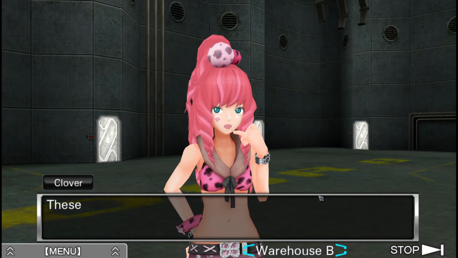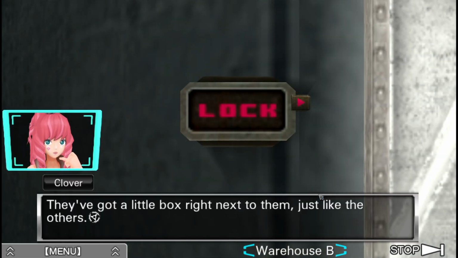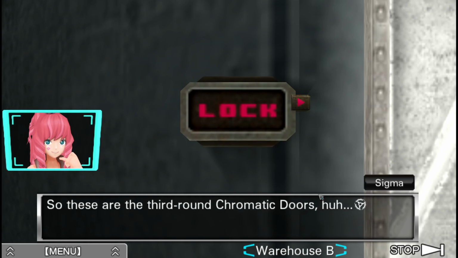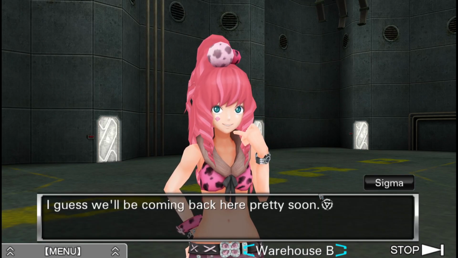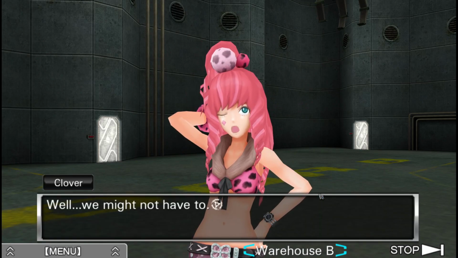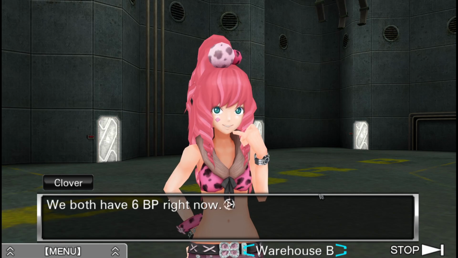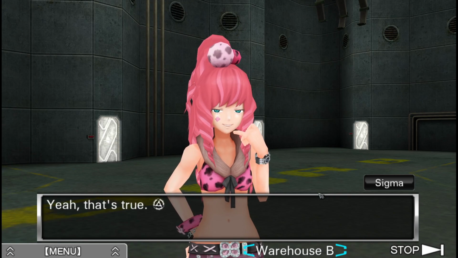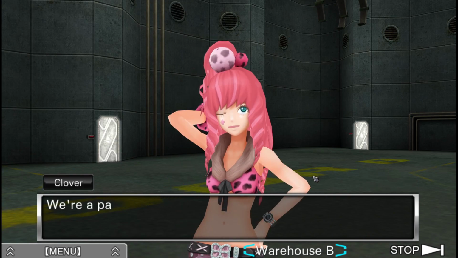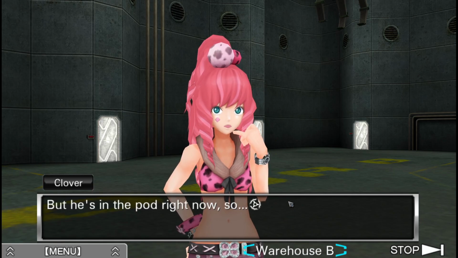I knew it. These are chromatic doors. See? They've got a little box right next to them, just like the others. So these are the 3rd round chromatic doors, huh? I guess we'll be coming back here pretty soon. Yeah, well, we might not have to. What do you mean? We both have 6 BP right now. Yeah, that's true. So? We're a pair, right? Yeah. And who's our opponent? Quark. Exactly. But he's in the pod right now, so...